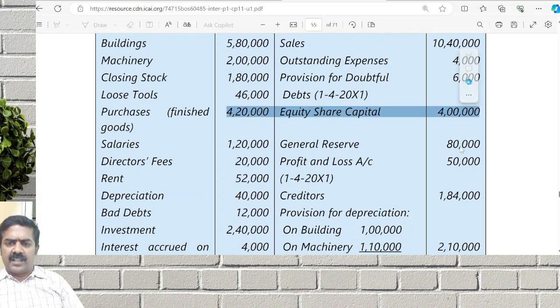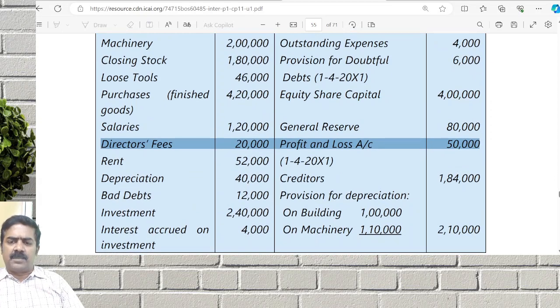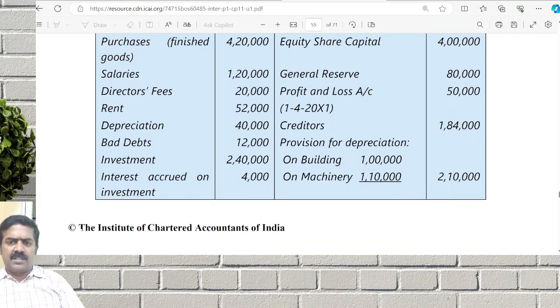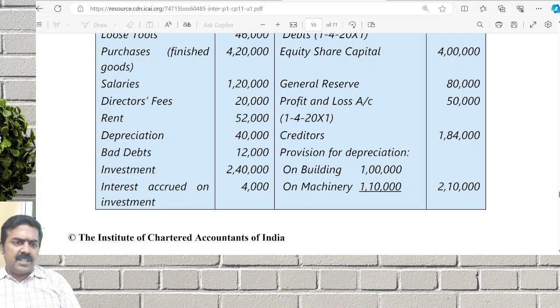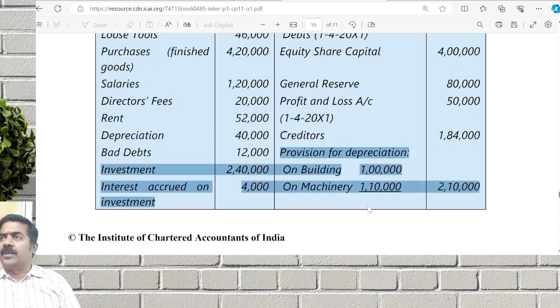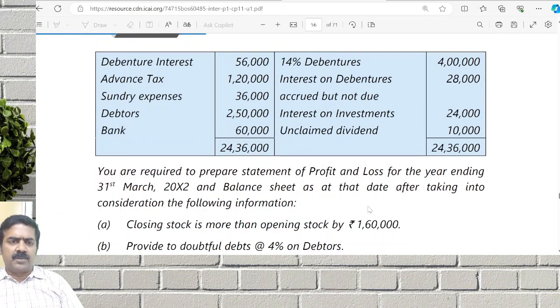It will come as share capital. It will come as reserves and surplus. P&L account, reserves and surplus. Creditors will come as which one? There is trade payable. Provision for depreciation will be adjusted with assets. Please remember, the current year depreciation they have already given. So the provision for depreciation, what is it going to do directly? It is going to adjust with the asset. Debenture interest will come in